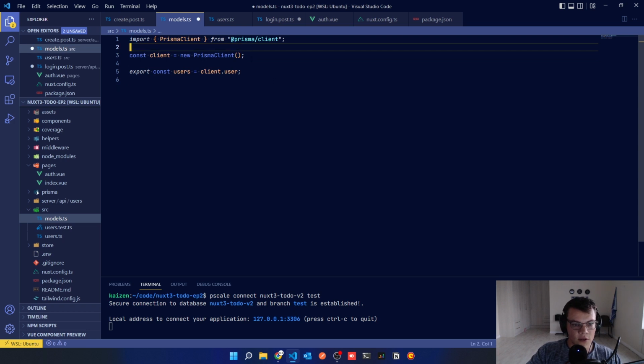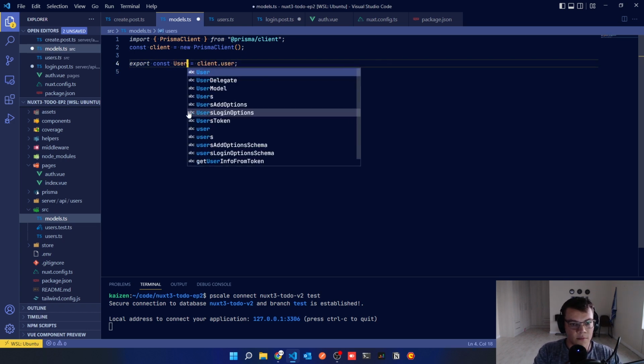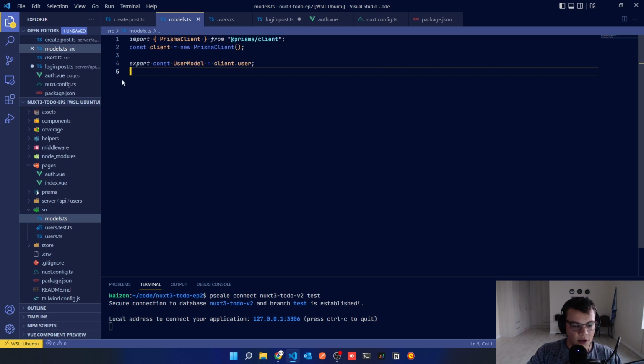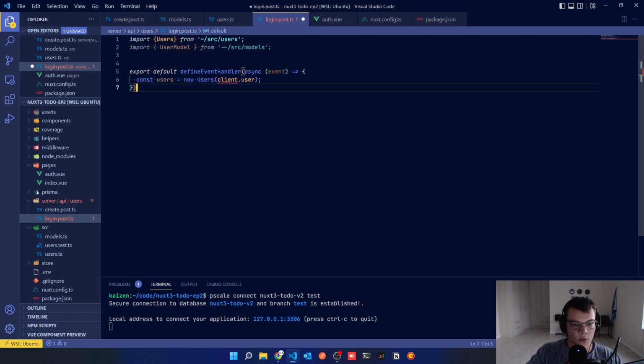We don't actually need users here, we can just export that separately so that we don't have to keep importing this. We can just import the users. Let's call this user model, since we already sort of stuck to that convention. So login.post, now we don't need to do this. We can just do import user model from source models, and we only instantiate one Prisma client this way as well, so we don't keep creating new Prisma clients. And then in this we can just add the user model,